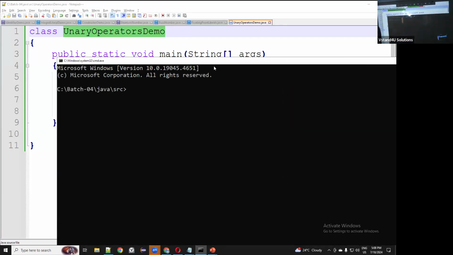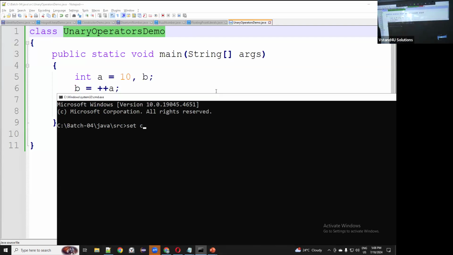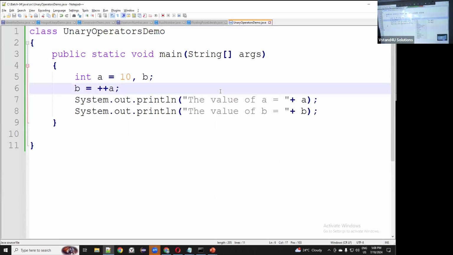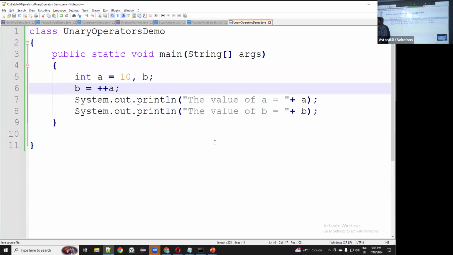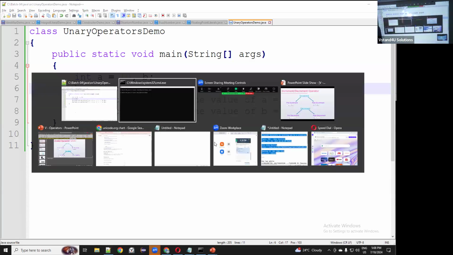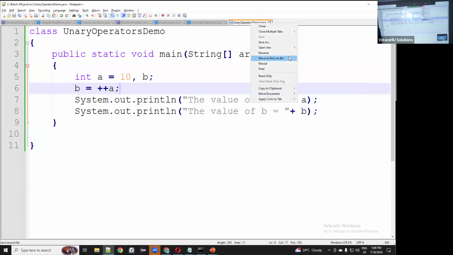Over here, if the screen is visible, let me do one thing, set. Because every time I have to do this, na? Am I right? By the way, as per your calculation, what is the value coming, guys? If I do pre-incrementation, then A is, B is also. Are you sure? Shall we check it? Let me save the code and I'll close all the left.